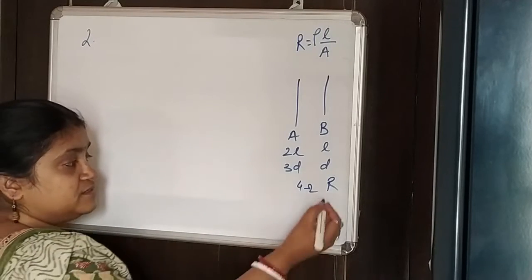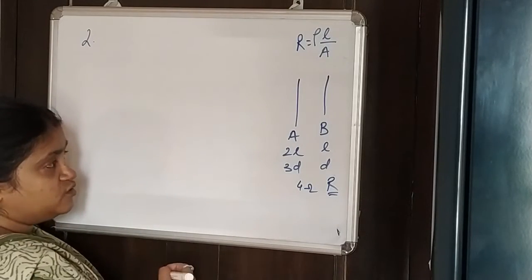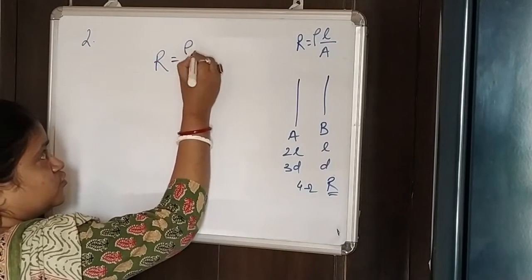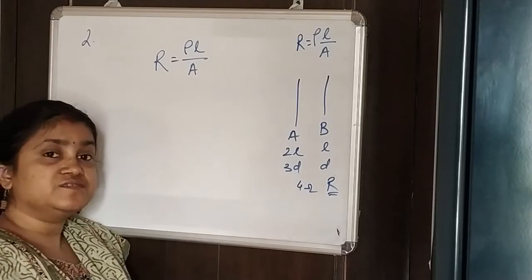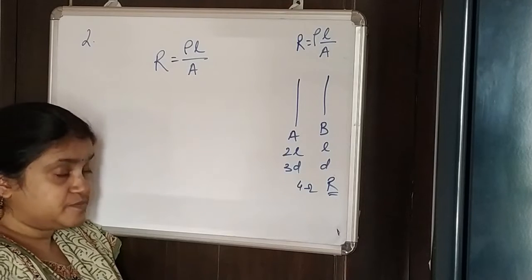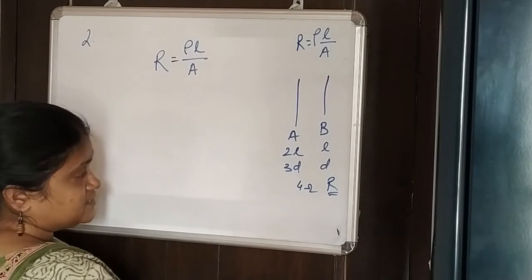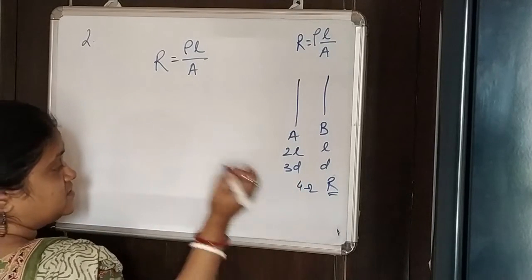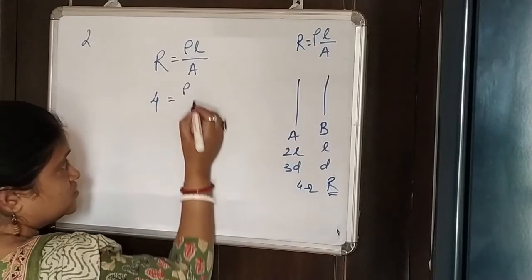We need to find the resistance for the second wire, that is for B. As we know, the formula for resistance is rho L by A. Since both are of the same material, the specific resistivity is the same for both. So in the first case, for A, my resistance is 4, which is rho into